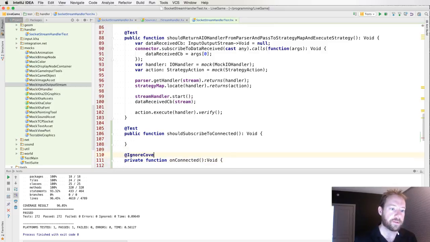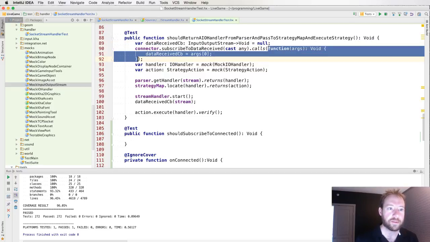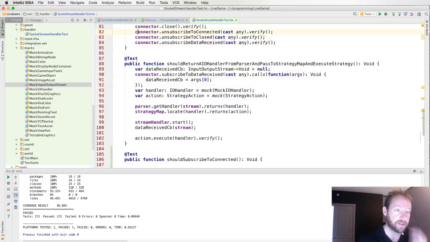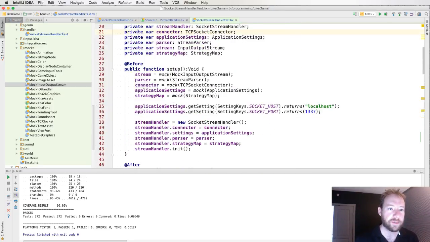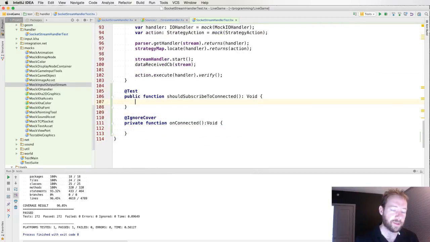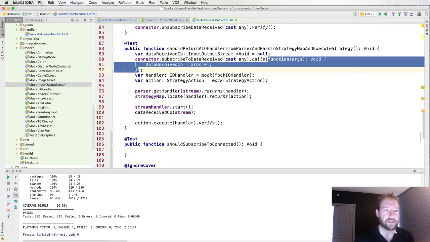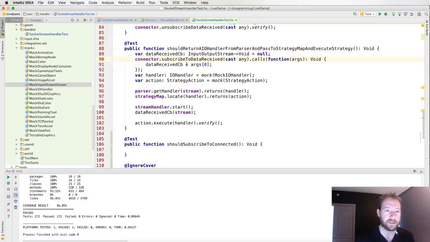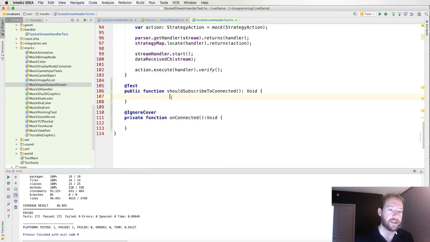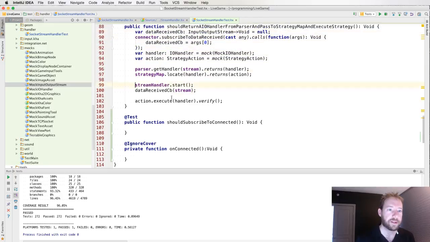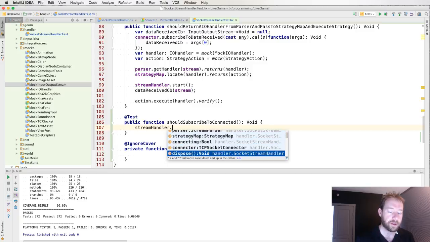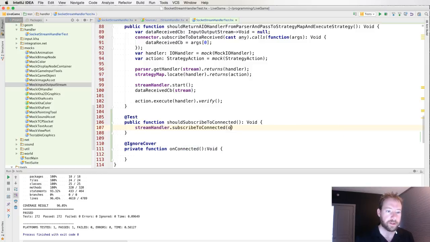ignore. So this is kind of a weird thing about the code coverage thing, is that this function here is actually tested for code coverage, and so it kind of mucks our numbers a little bit. So I'm just going to do that here just to keep it as clean as possible. But I don't like making functions to run ignore cover on just because they're easier anonymously. So if we really cared, we could go back and fix it, but we can later. So we're going to do subscribe to connected on connected, and what we're going to do is